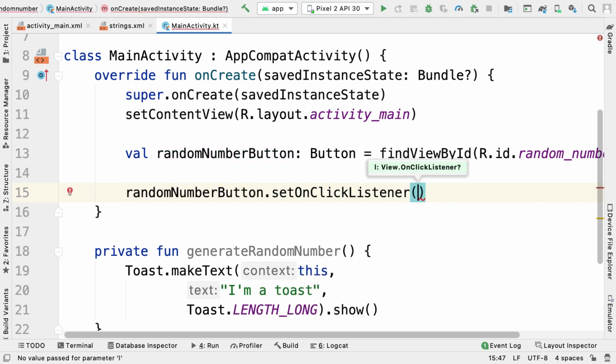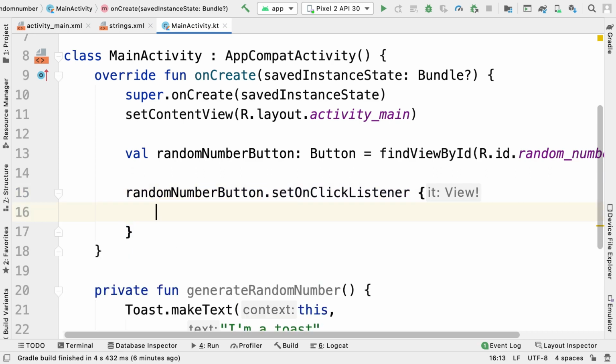This is a listener. It listens for the click of the random number button. You can use this function on any button and it will listen for a click. This is very similar to JavaScript, making listeners for HTML buttons to be clicked. Then inside of parentheses or curly brackets, we can specify what we want to happen when the random number button